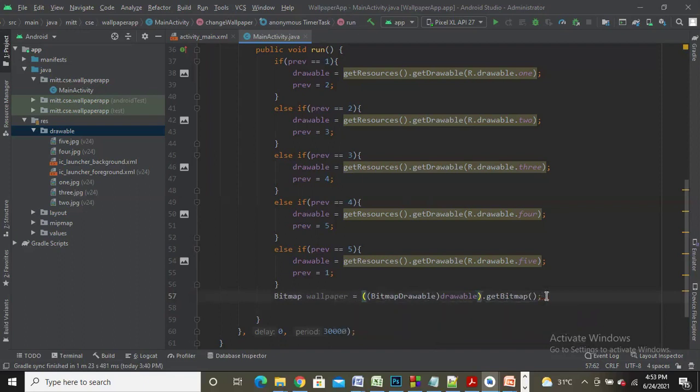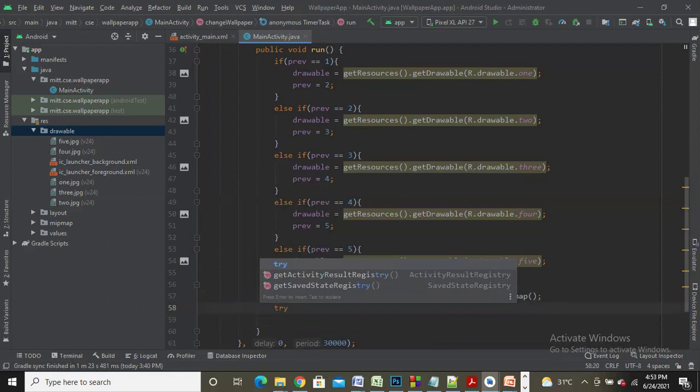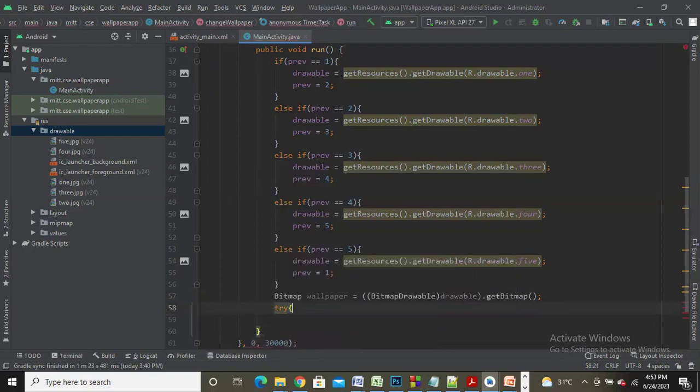Now, once this is done, we are going to write code within a try block. Why? Because if the code is not executed properly, it is going to throw an exception. So to make sure that exceptions are handled properly, I'll be writing the setting of the wallpaper in a try block.